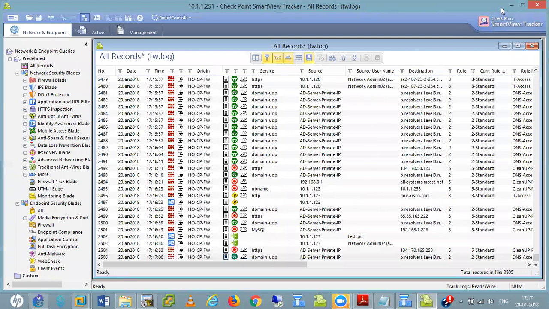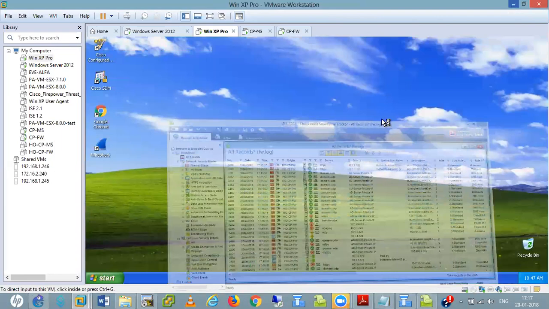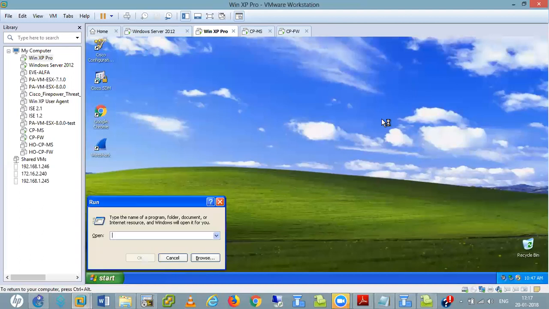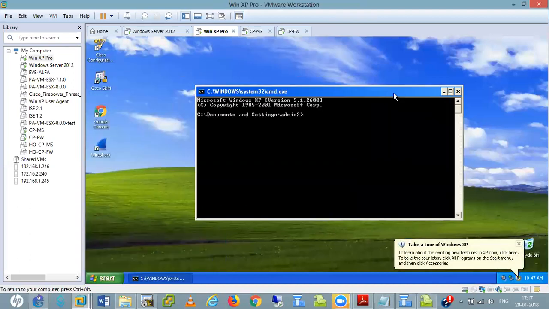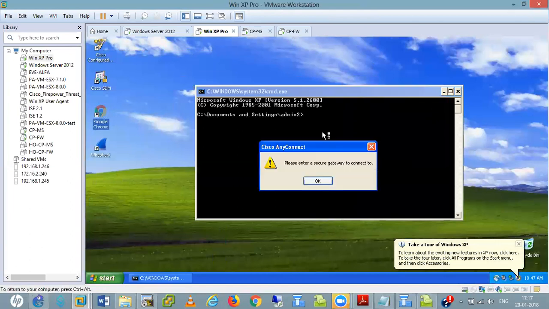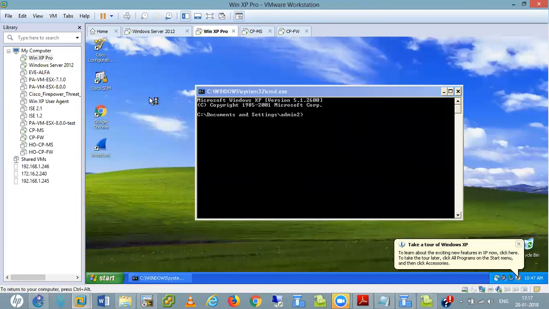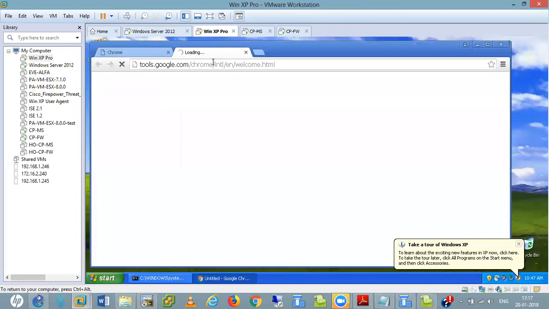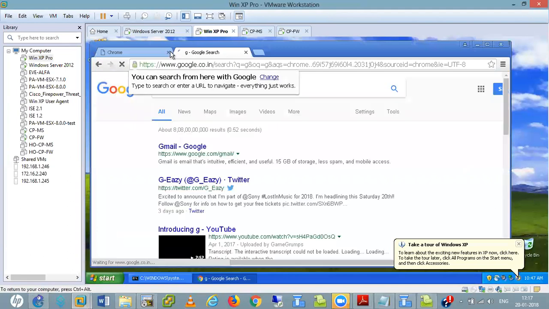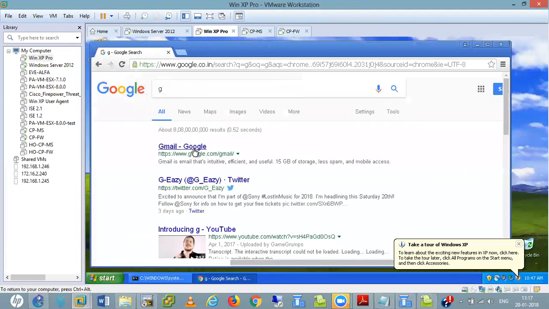CMD. So if I first open the browser for this, then maybe I get the browsing. I am getting Google, without any prompt for a captive portal.